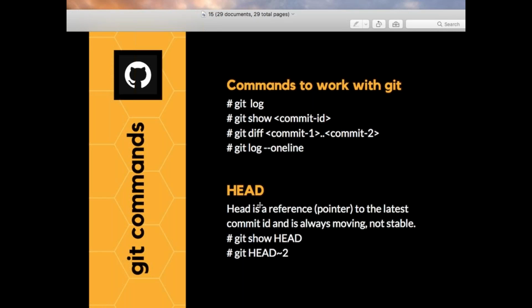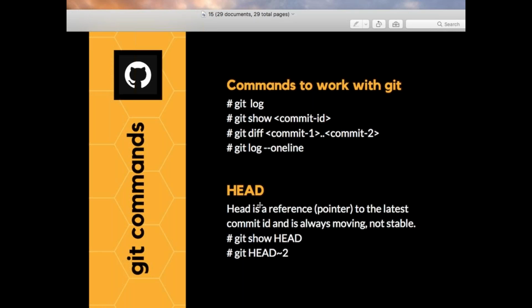Now my HEAD is no longer here. You see, always moving. Now my HEAD is here. Whenever I made the third commit, now my HEAD moved to this specific place. This is how your Git is tracking what changes you are doing.